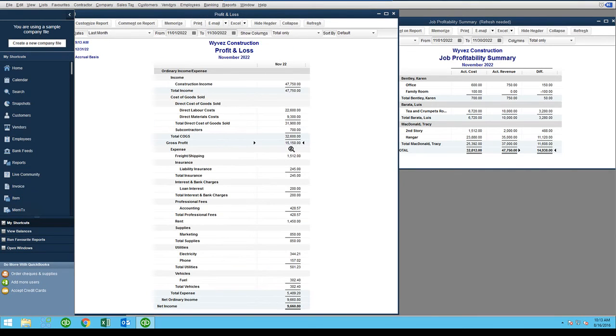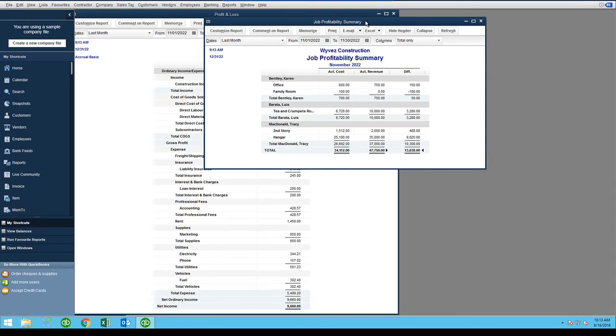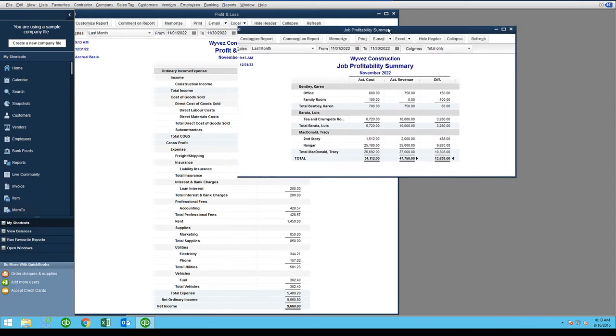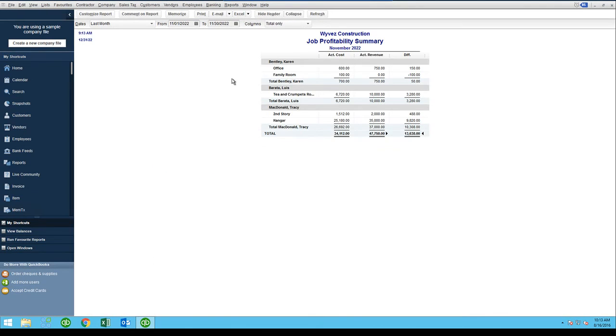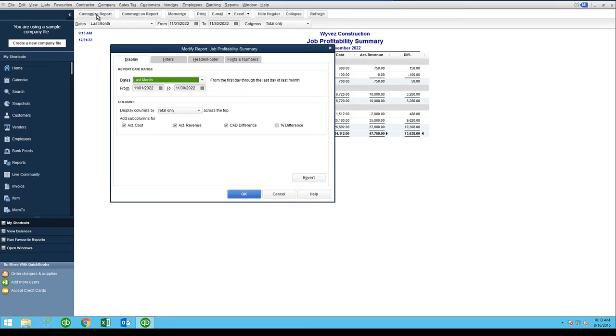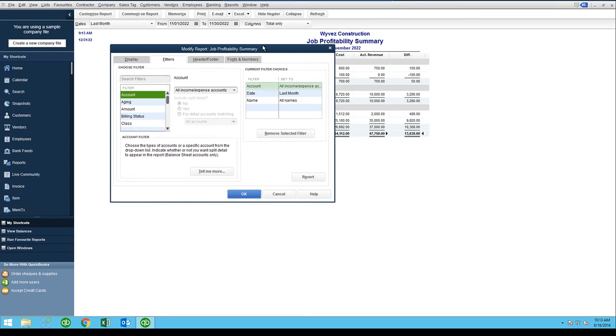Here's my profit and loss. I have 15,150, and on this side we have 13,638. So there's still something wrong. So the next thing I'll do is go into my job profitability summary report, and I will customize the report. What I'll do here is I want to see